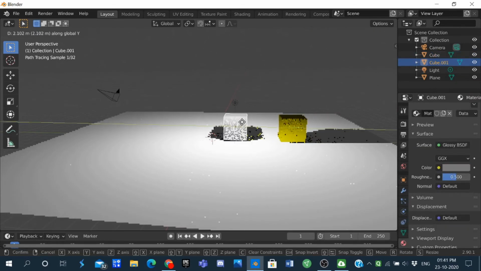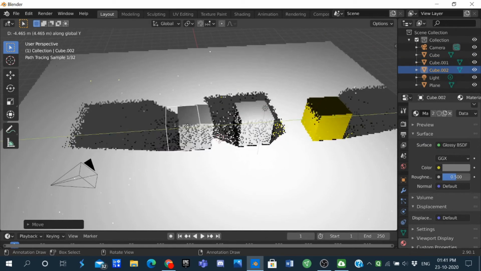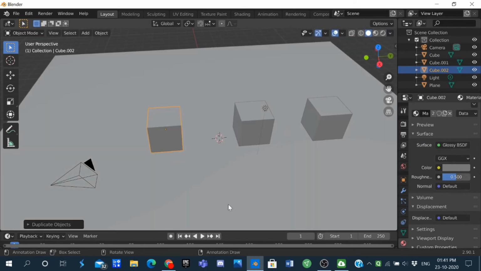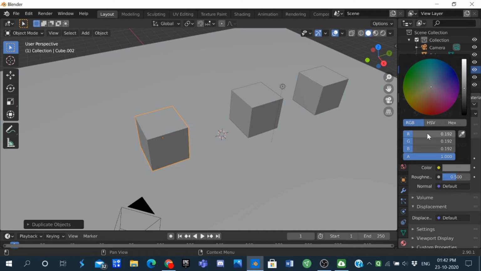Let's add another cube for the copper. Just duplicate the silver one. Move to solid view first. Okay, so now it's the time for the copper one. Select the copper cube, go to RGB, and for red type